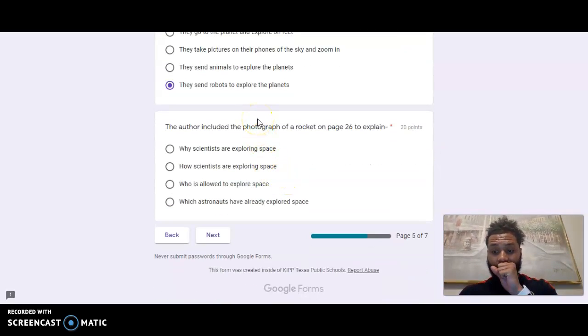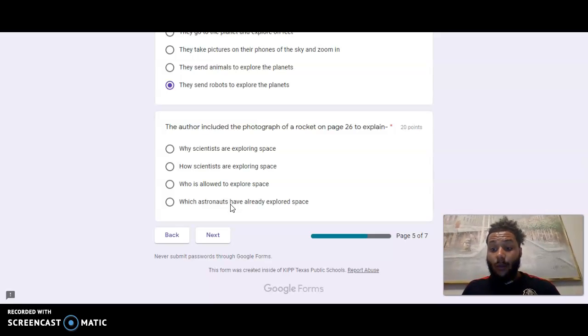Let's go to the next question. The author included the photograph of a rocket on page 26 to explain why scientists are exploring space, how scientists are exploring space, who is allowed to explore space, and which astronauts have already explored space. So this answer